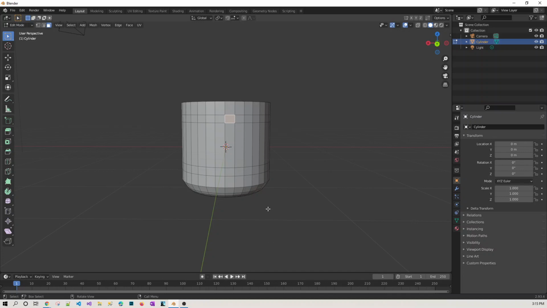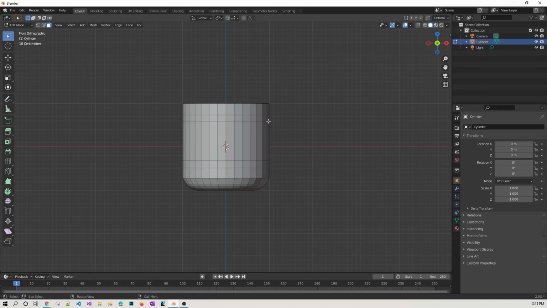To do that, we need to press 1, or you can simply rotate. Here, after that, I'm going to place the 3D cursor over here, just by guess. Then I'm going to select, this looks equidistant from both these loop cuts. Make sure the edges option is selected, then select this one.